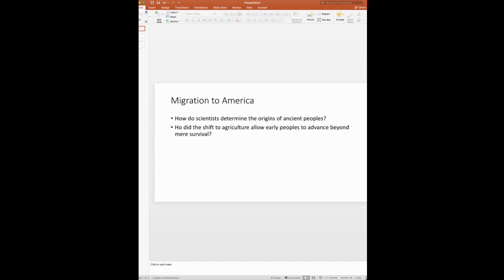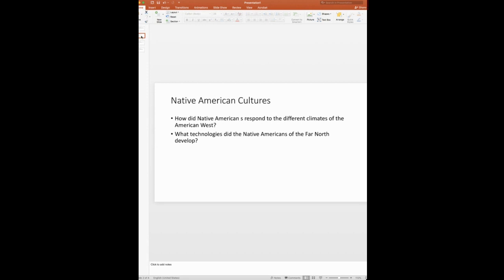And through this shift, specialization of skills and a more complex form of government started to emerge. So as we read on in our chapter, we talk a little bit about Native American cultures. As the Native Americans moved down through North America, it's interesting to ponder how they responded to the different climates in the American West.